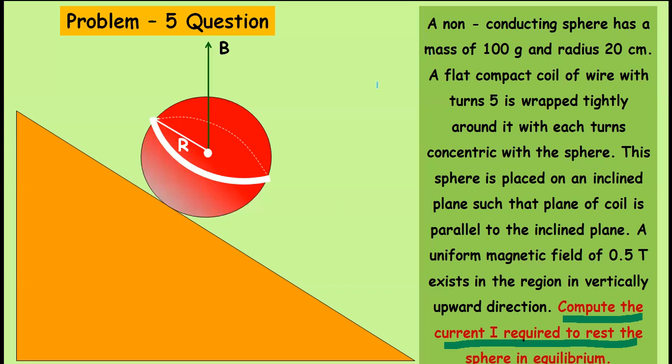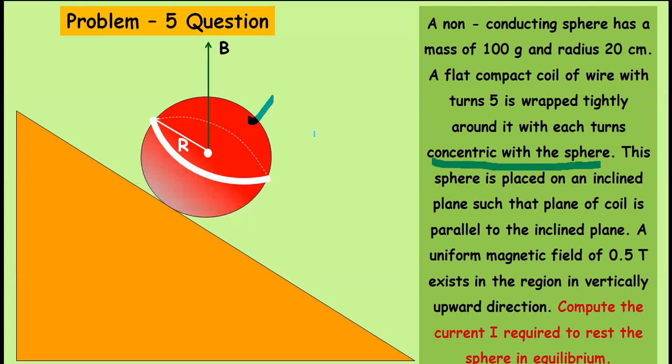So if you read the question once again, sentence by sentence, you can see a non-conducting sphere has a mass of 100 gram and radius 20 centimeter. So the sphere, what you see in the diagram, is made of a non-conducting material, that is an insulator. Maybe a rubber, it may be cork, or it may be a wooden sphere. Okay, so a flat, compact coil of wire with 5 turns is wrapped tightly around it, with each turn concentric